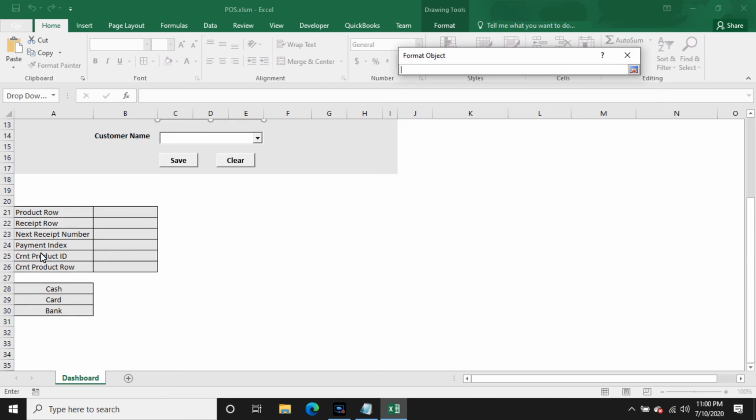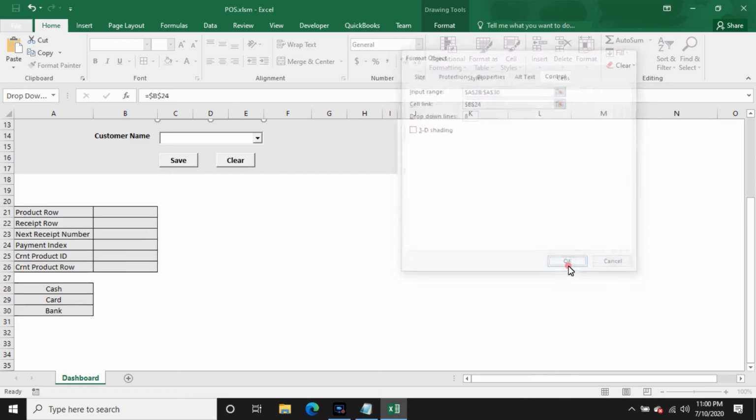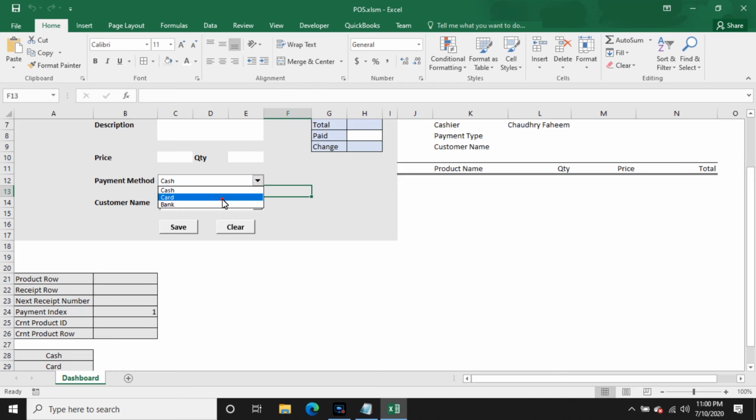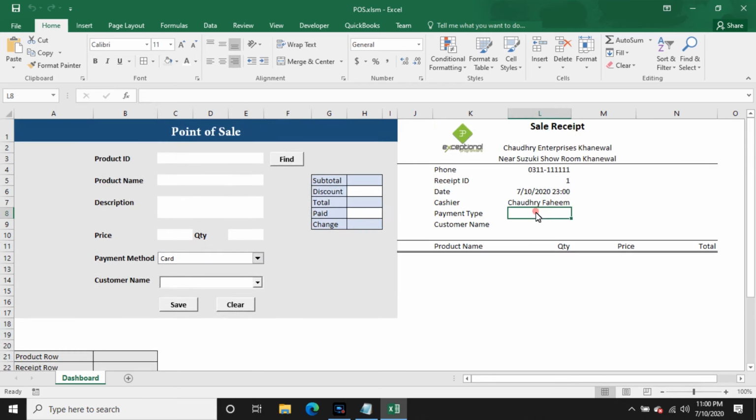Select payment index from here. Okay, and now select cash. Cash is 1, so card is 2, and now here,